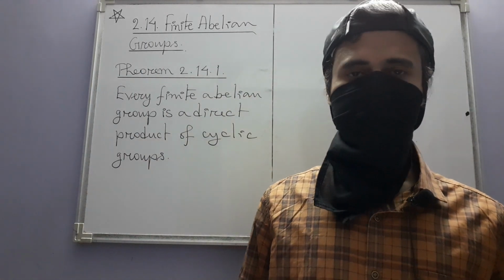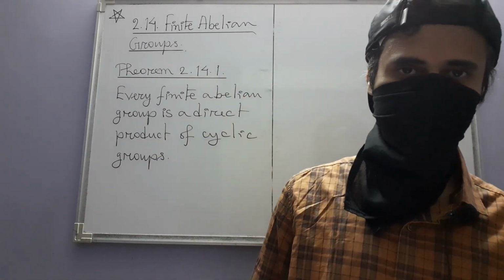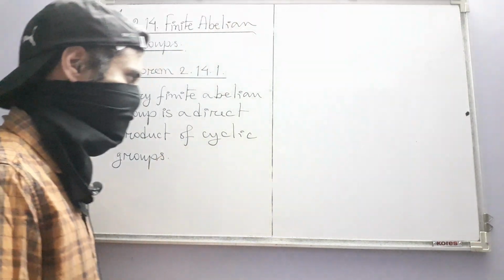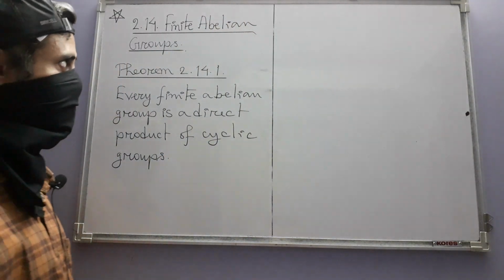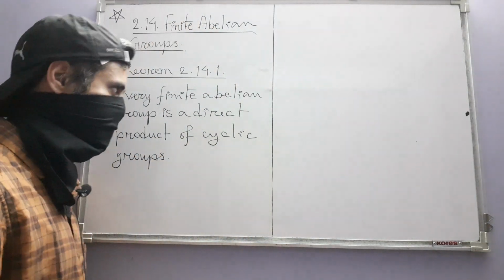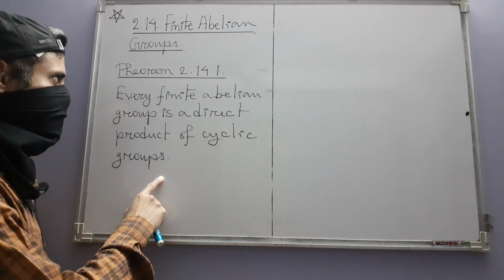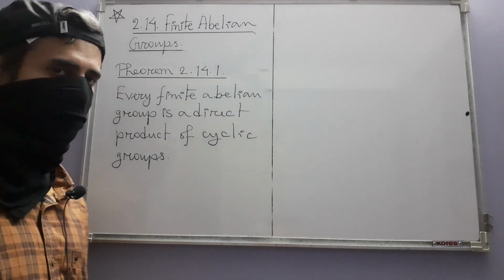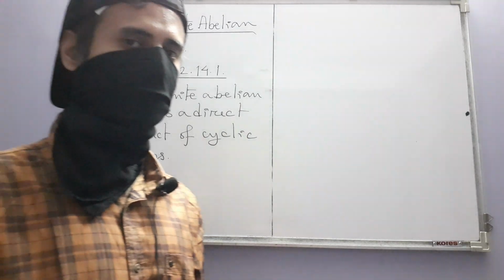We have thus come to the last section of this second chapter, that is the last section on group theory, and this one involves finite abelian groups. And the first result in this section is this one, Theorem 214.1, which states that every finite abelian group is